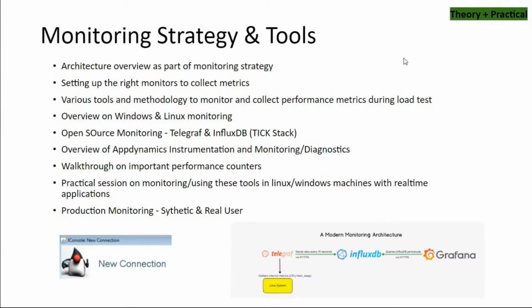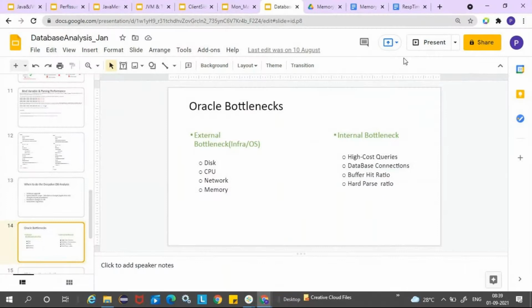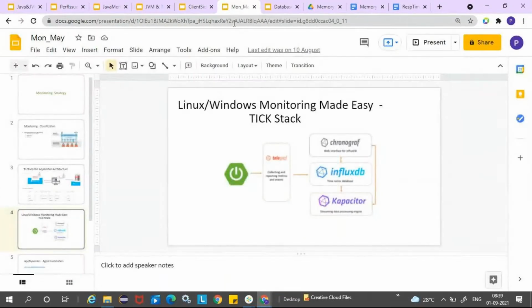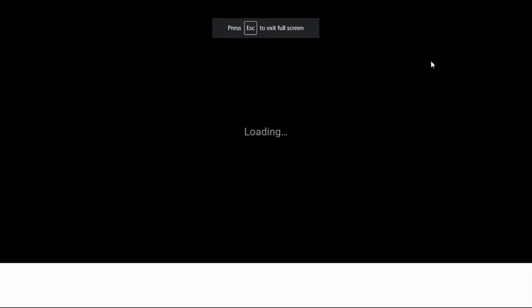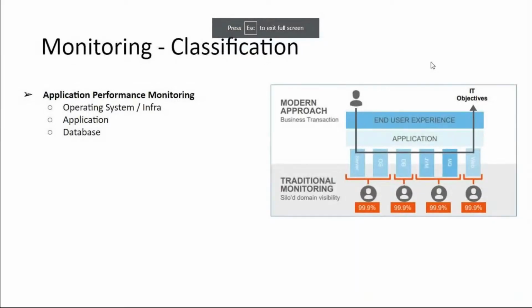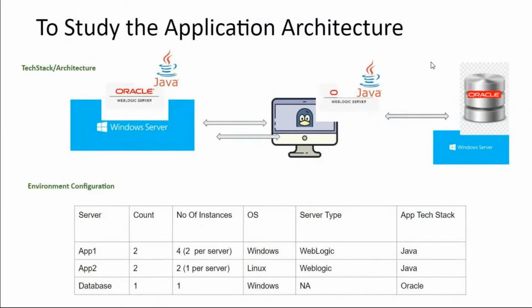As a performance engineer, it is very important to prepare a monitoring strategy, similar to the test strategy. Okay, what does your application architecture look like? What do the individual components look like? Whether it's Windows or Linux or Oracle or a WebLogic server or a Tomcat server, JBoss server, is it Java or Python? Depending upon all the tech stack and components, you need to understand the architecture, and then you need to understand what tools we are going to use for these components, so that we are very clear that, okay, for this component we'll use this tool, for this component we'll use this tool, right?